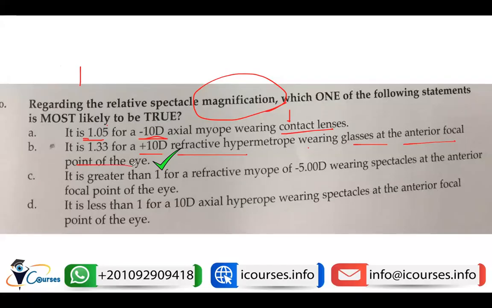As we mentioned, in the relative spectacle magnification in case of aphakia, it will cause about 33% magnification of a plus lens placed in front of the eye in the anterior focal point. It is greater than 1 for refractive myope, more than minus 5 diopters. Again, minus 5 diopter will cause image minification, not magnification, since he is myope. And it is less than 1 for 10 diopter axial hyperope wearing spectacle at the anterior focal